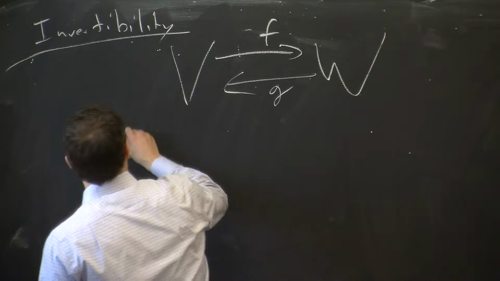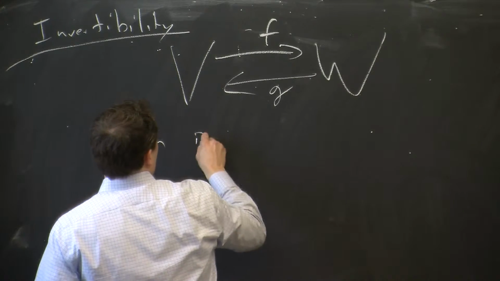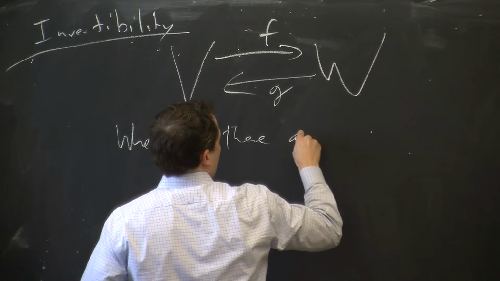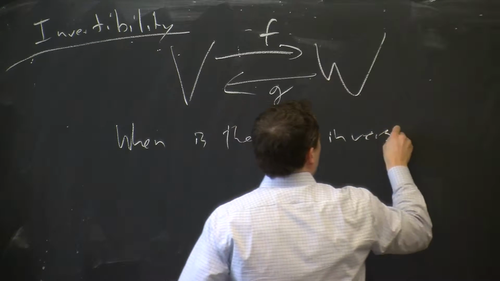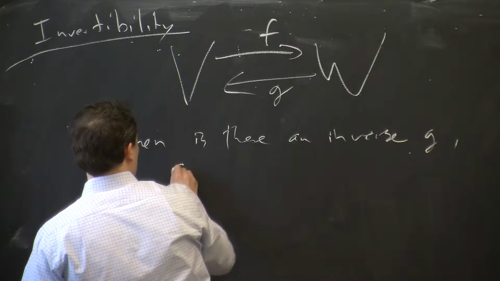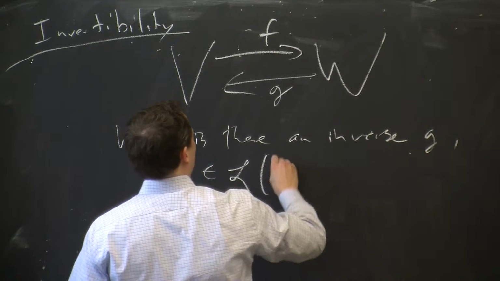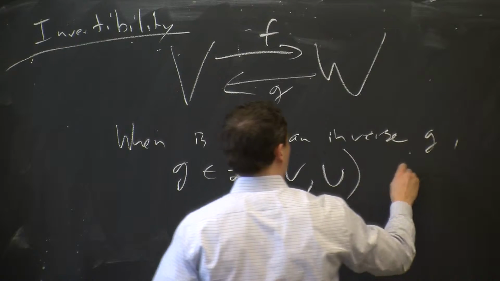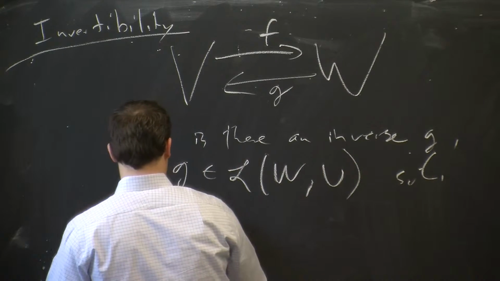And so we'd like to know when is there an inverse G? So G would be a linear map from W to V such that